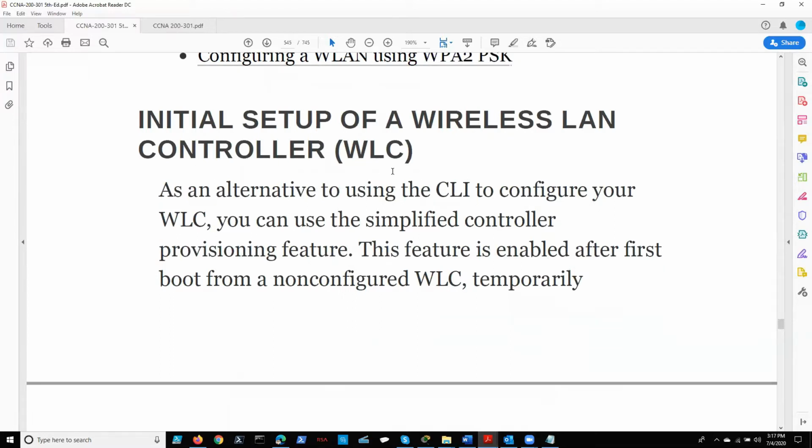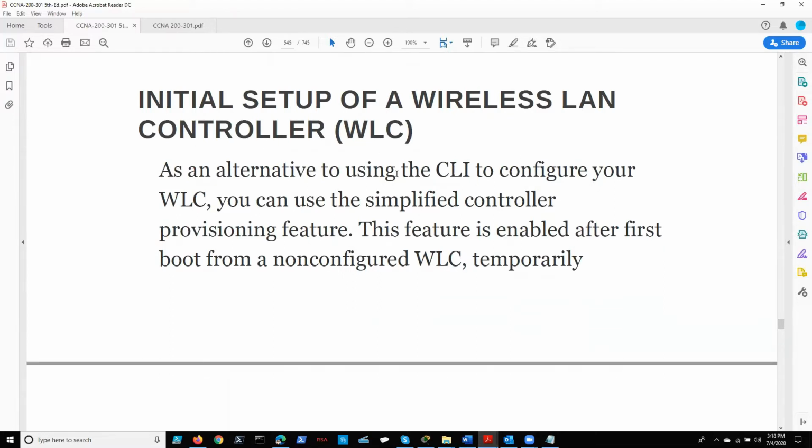So initial setup of WLC as an alternative to using CLI, which is difficult to program. It's kind of difficult sa CLI. We're going to be using a very simplified GUI, graphical user interface. This is a web-based access, no? So we only need to type the IP address of WLC. This feature will be enabled after first boot from a non-configured WLC. So we're going to have a WLC which is